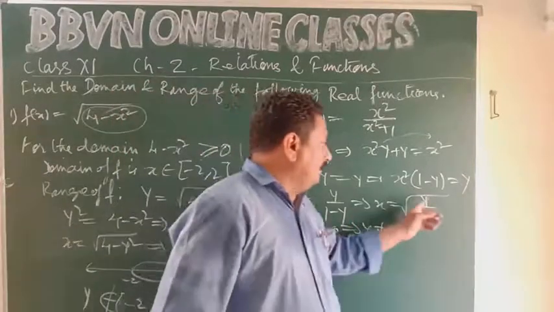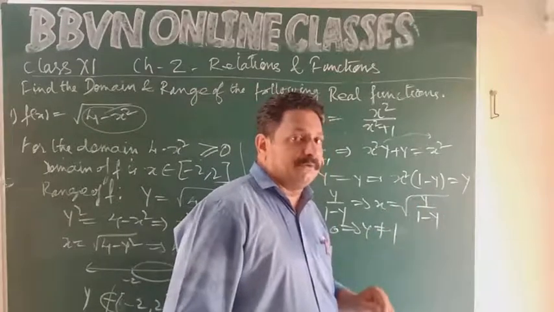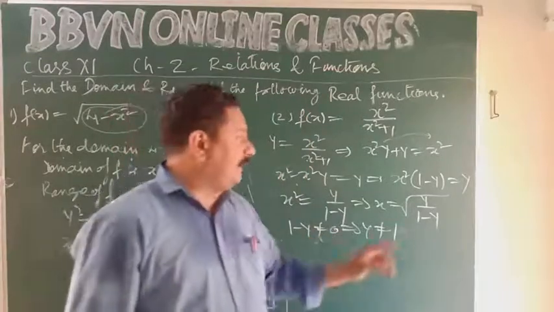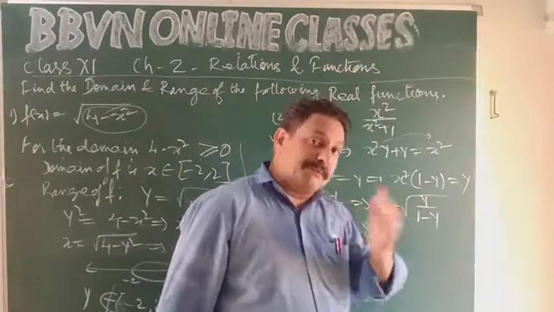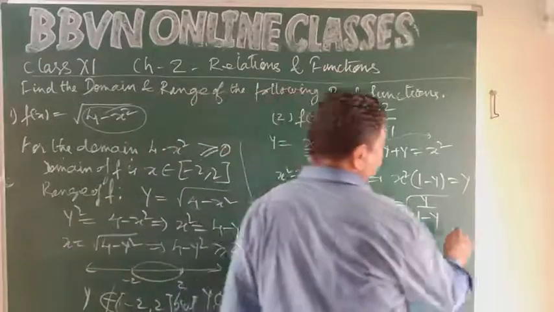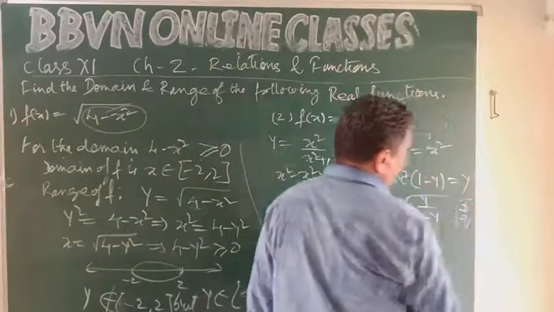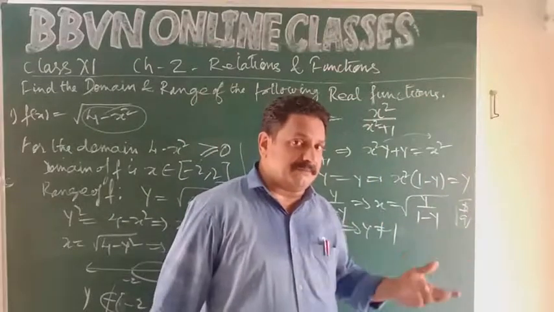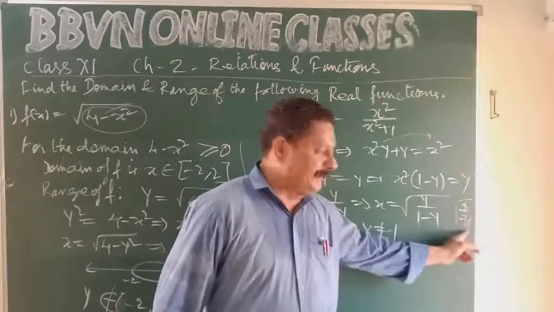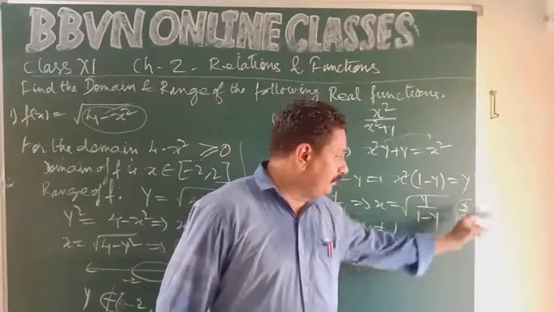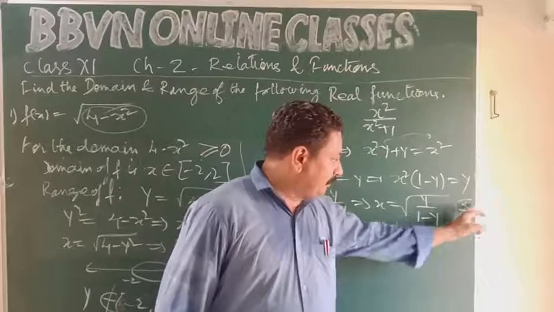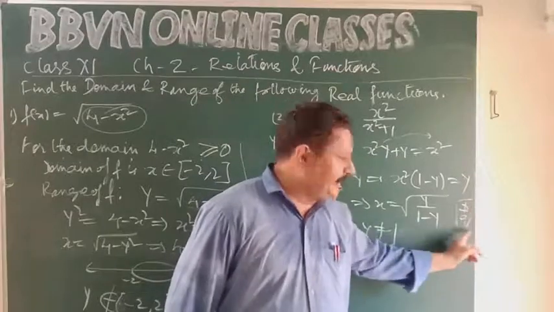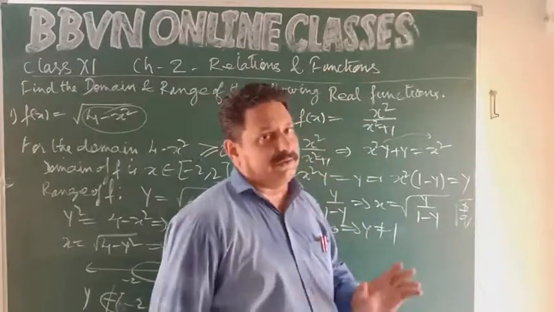Next, numerator upon denominator, p upon q. You have a square root. P upon q will be defined under the square root if both p and q are positive. भाई कोई भी रेशनल नंबर आपके पास p upon q के फॉर्म में है, स्क्वायर रूट में है, तो ये कब रियल होगा? जब दोनों p और q पॉजिटिव है या दोनों p और q नेगेटिव है. क्यों? पॉजिटिव अपॉन पॉजिटिव इज पॉजिटिव और नेगेटिव अपॉन नेगेटिव इज पॉजिटिव. तो या तो दोनों p और q पॉजिटिव हो या दोनों p और q नेगेटिव हो.